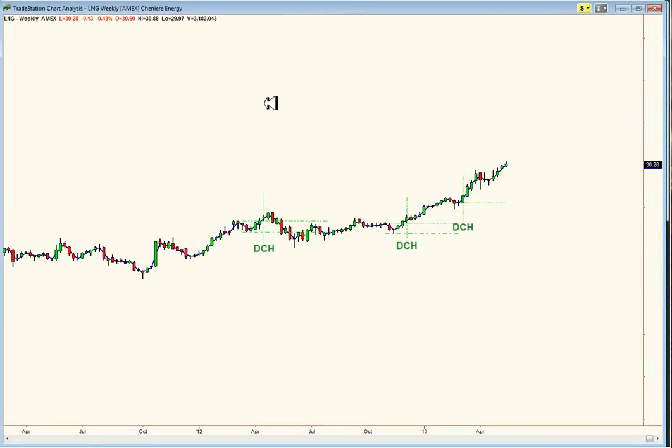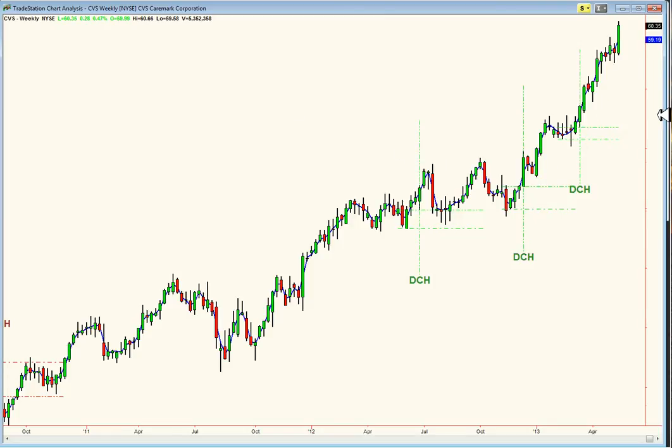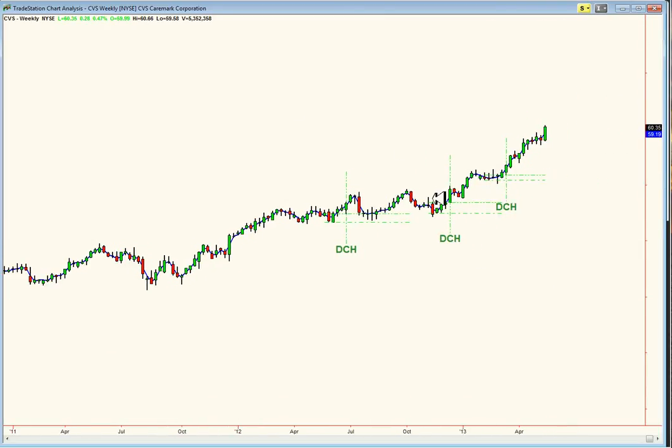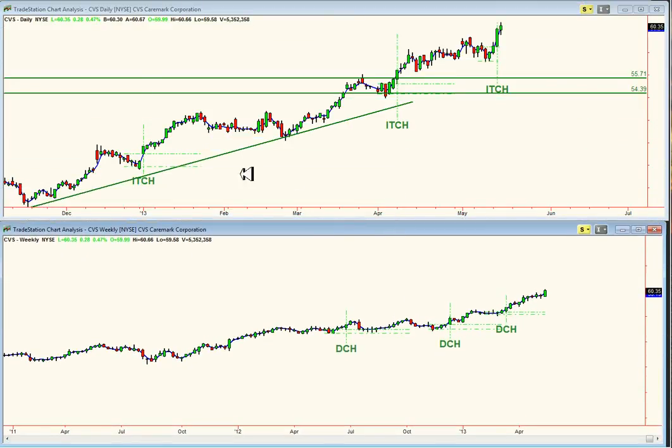How about another example? How about CVS? See how CVS recently has had a nice, this is more of your corrective breakout. This was a nice pullback breakout, failed though, but here's one nice pullback here in April. You should be able to see some trades here, several here. Here was one from the early part of 2013. Then we had another one,